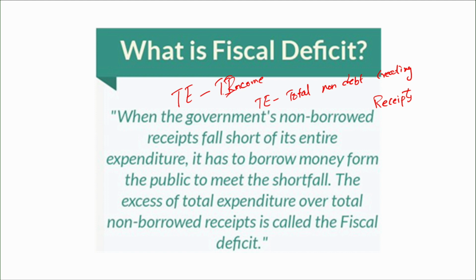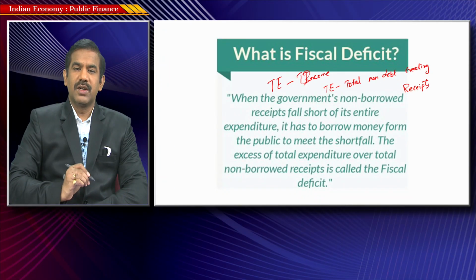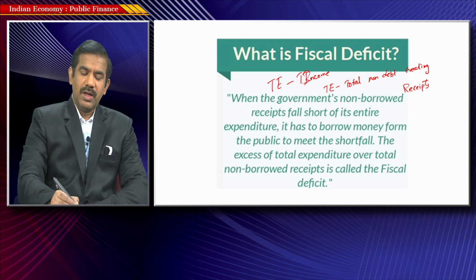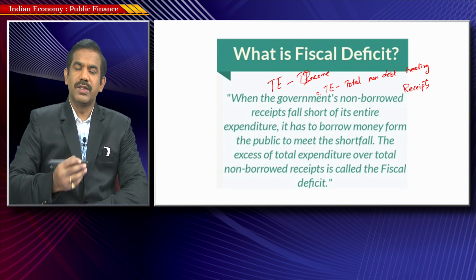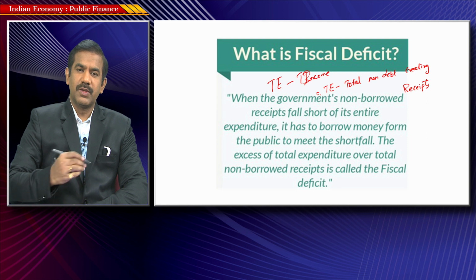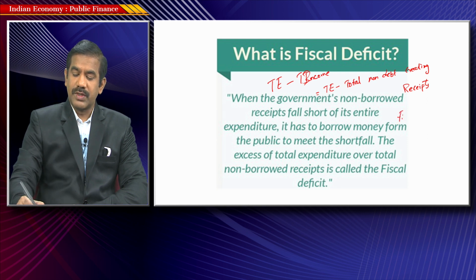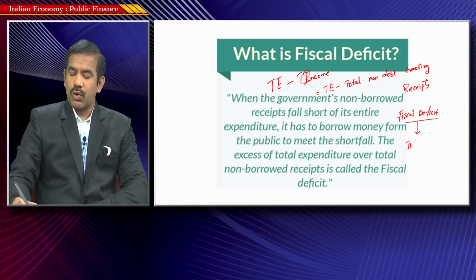The definition seems complex, but simply remember that fiscal deficit is the gap between total expenditure and total income, or it can be calculated by removing total non-debt creating receipts of the Government of India from its total expenditure. Whatever money the government is obliged to borrow to meet the current expenses of this particular year is what will be called fiscal deficit. So in simple terms, fiscal deficit corresponds to the total borrowings,